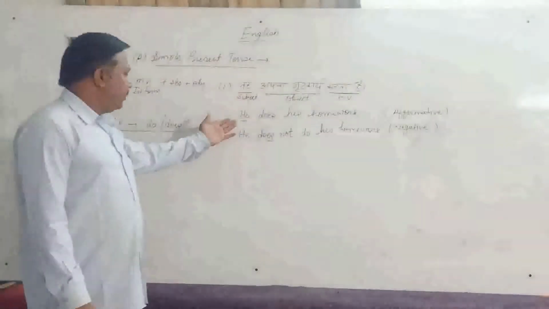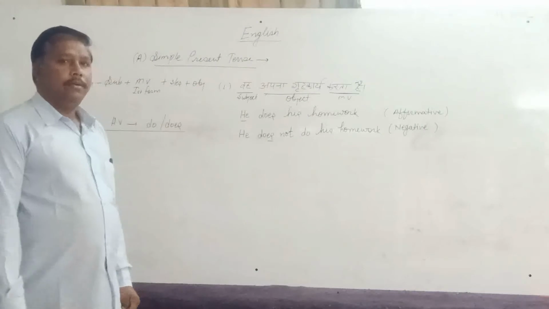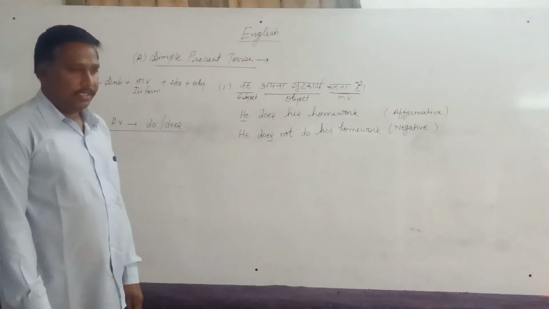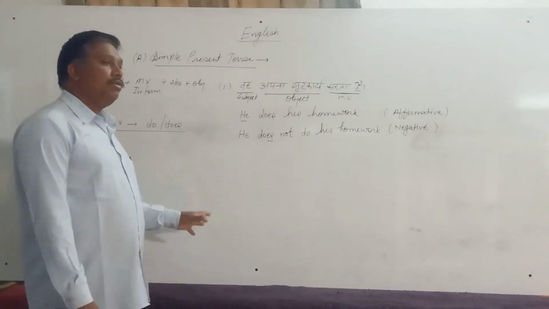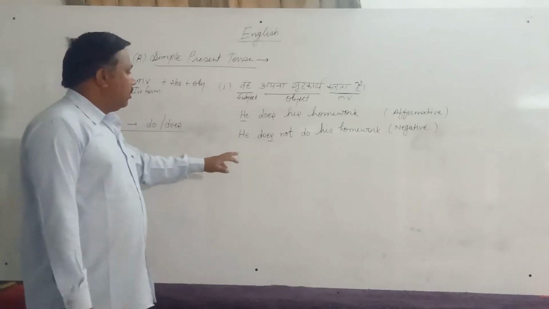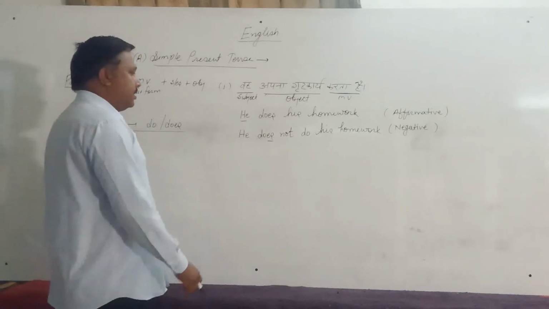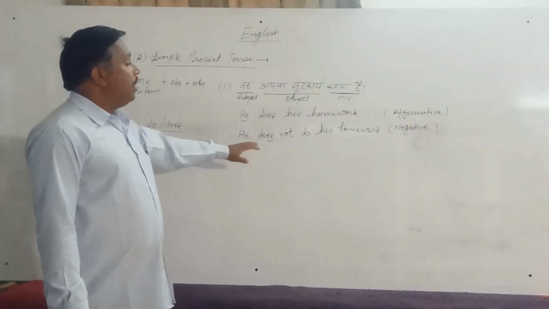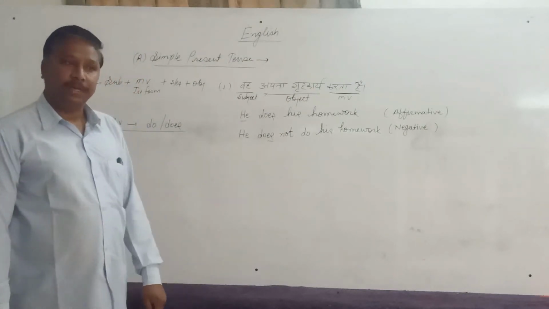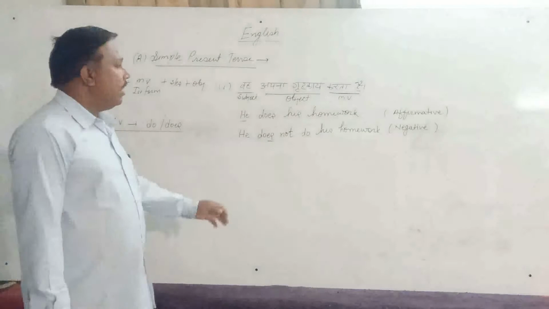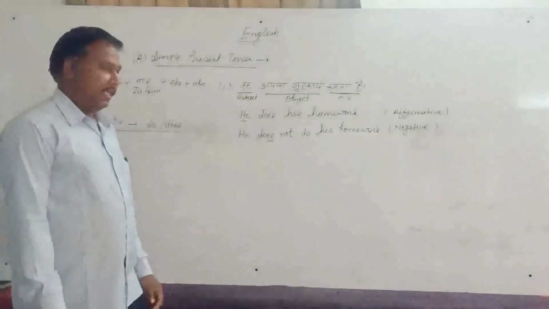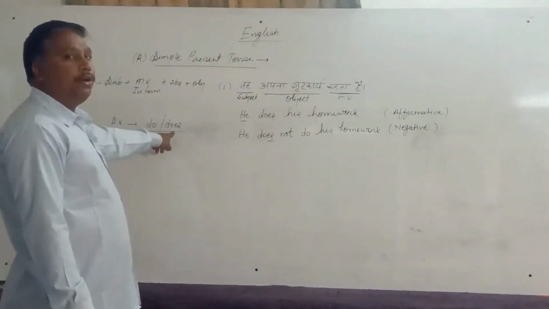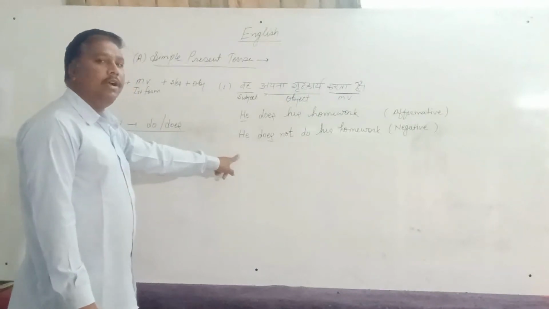Now, after affirmative and negative, we have to change our sentence into interrogative sentence. As you know that I told you there are 4 types of sentence. So the third sentence is interrogative sentence. Now we have to change it into interrogative. In interrogative sentence, we always apply helping verb before subject, and the remaining part will be same as in affirmative sentence. So what is helping verb of simple present tense? Do or does.